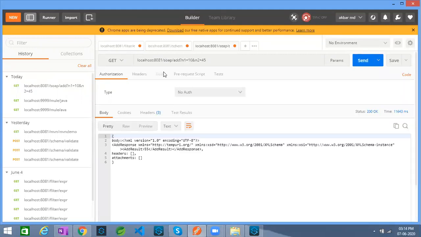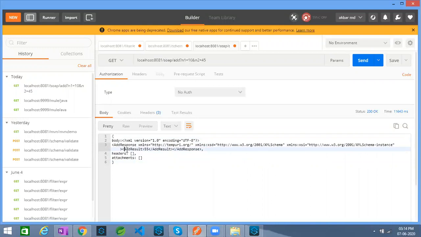See, if you observe the output, you are not sending an HTTP post, even though you are accessing a SOAP-based web service. You are sending a HTTP GET request and you are receiving the output. It is to some extent okay. This particular section is what your response is. It is giving the response, but I don't want this entire response. I want only this particular add result in the form of a JSON.